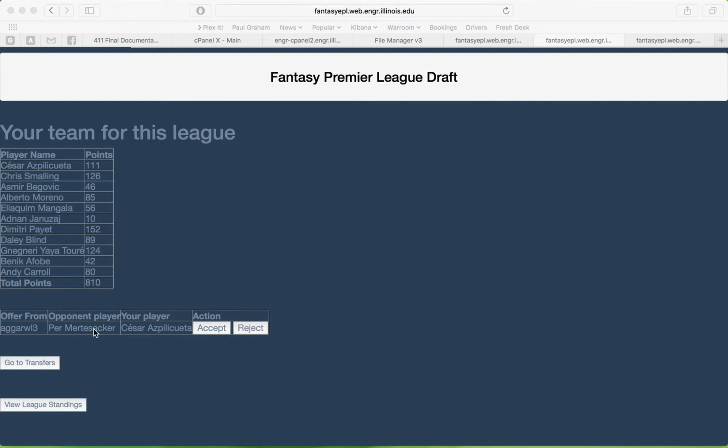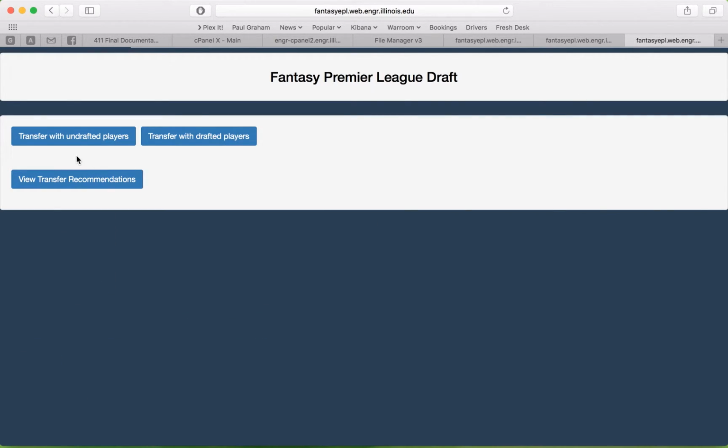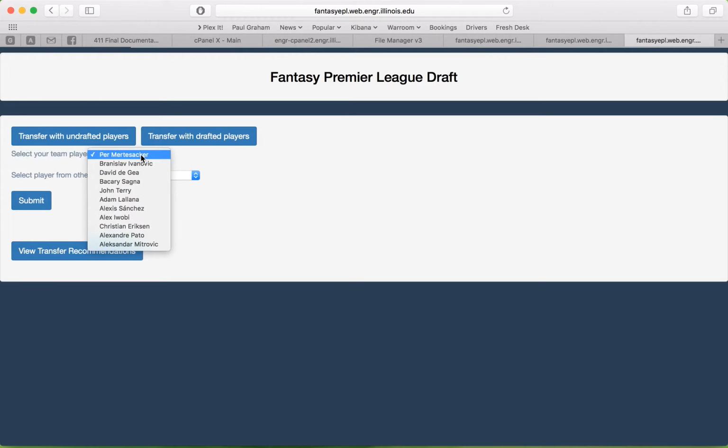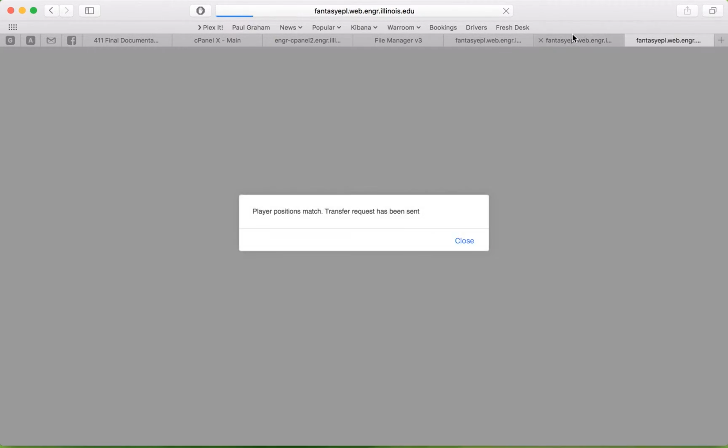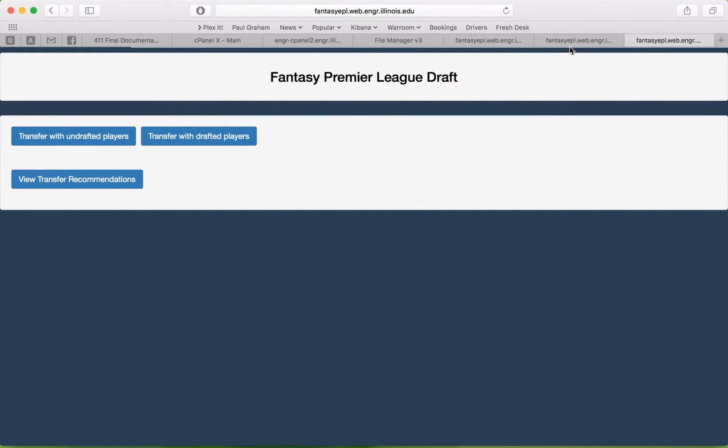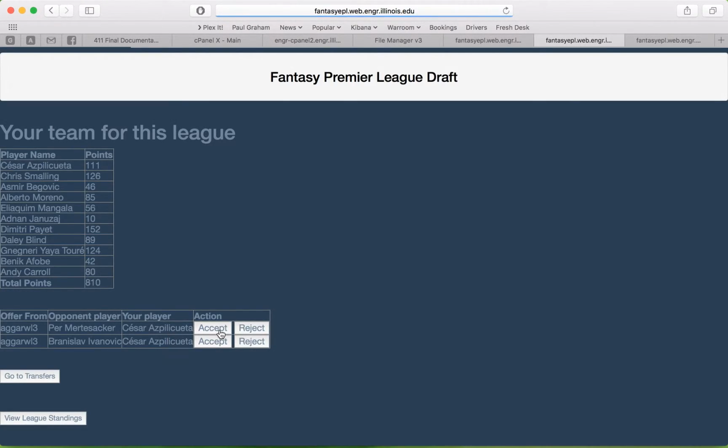This player currently has an offer from the other user, a transfer for one of his players, and he can either accept or reject it. Let's make another transfer for the player that is being offered. Yeah, there are two transfer offers for him for the same player but a different player in return. So he can either accept or reject them. I'll go ahead and